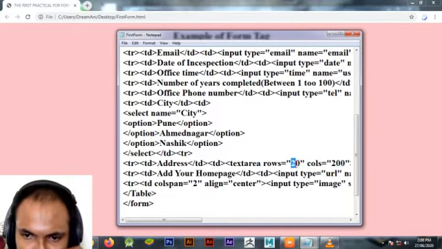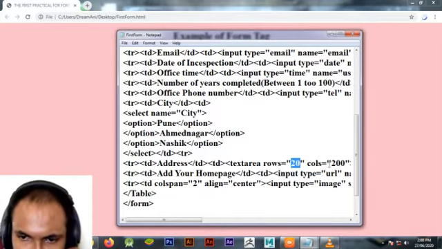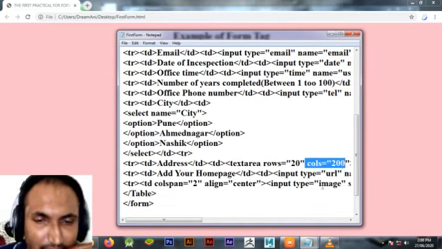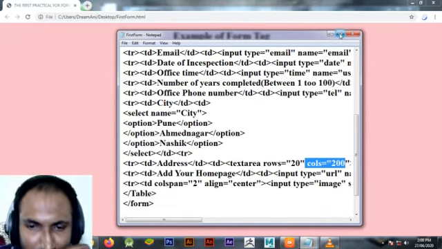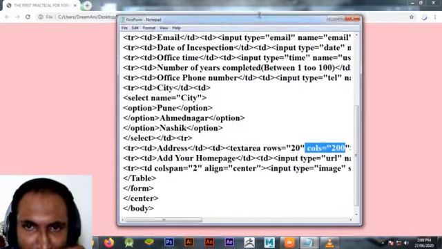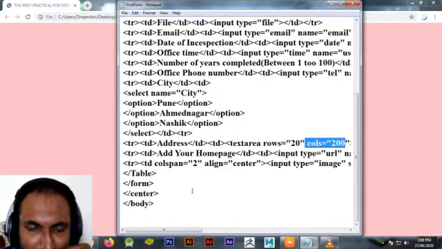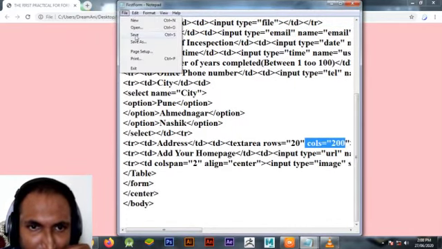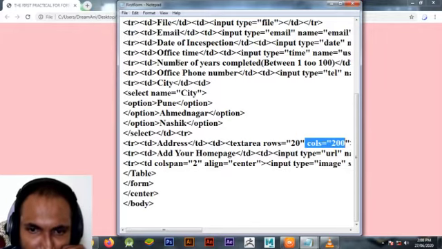So for line number 1, you can add 200 characters in line number 1. That is the meaning of this line. And now we will save this program and see the output of the program.